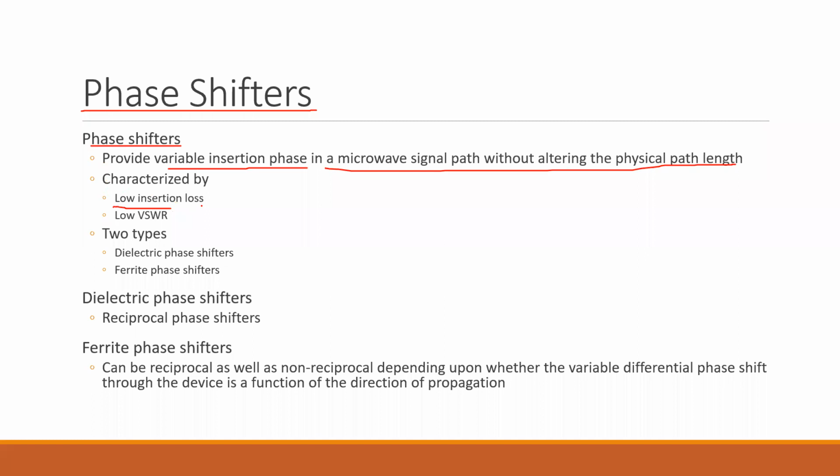You will be having first low insertion loss, and apart from that, low VSWR. So that is when we will be having low VSWR when reflection coefficients are zero. That is as low as possible. So if you just observe the VSWR, it will be one plus R divided by one minus R. If you remember the previous sessions, right?